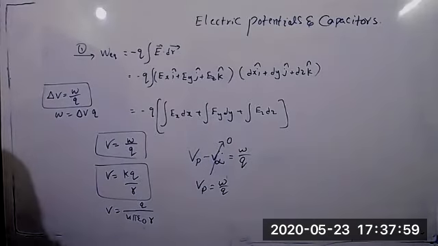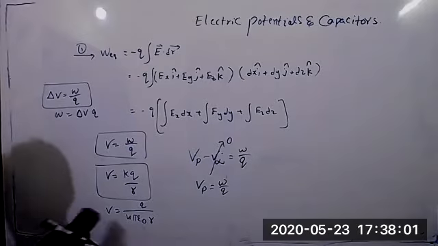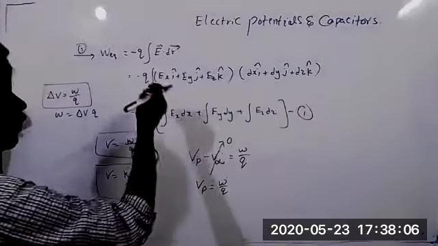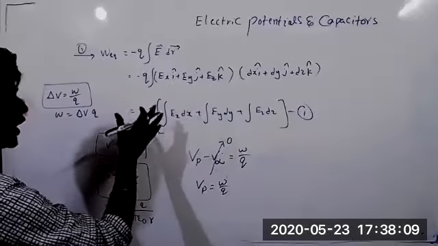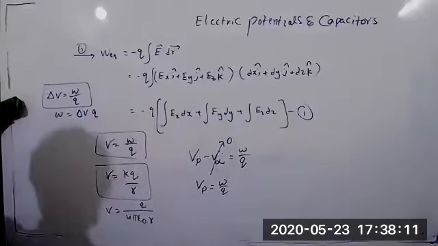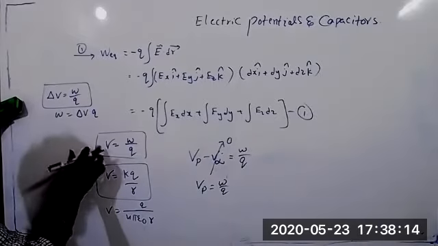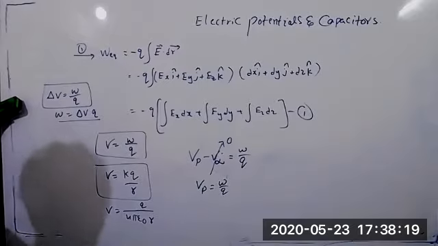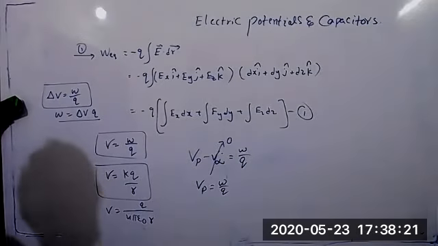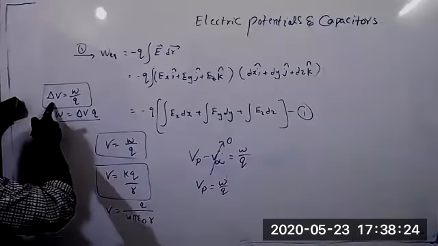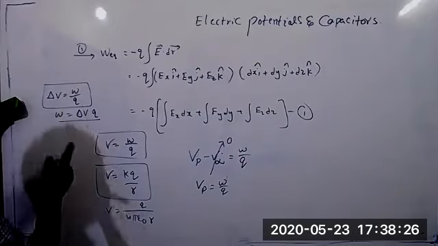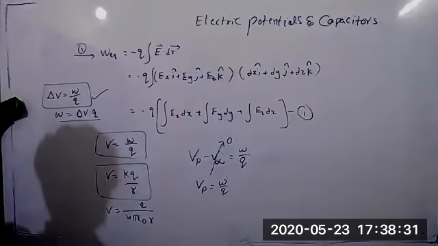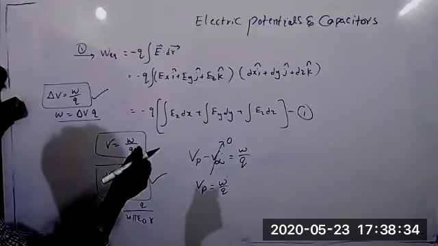Now try to solve the sum based on this. It is formula 1. If you want to calculate work done, immediately remember first formula, second formula. These are the two formulas in this lesson to calculate work done. Potential, if you want, then delta V is equal to W by Q. It is for potential or potential difference. It is for potential due to point charge.